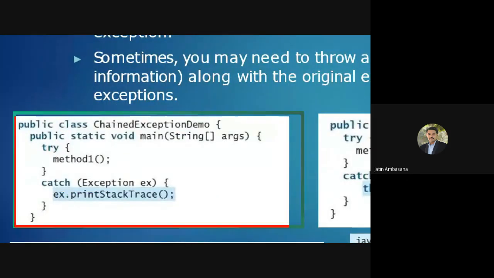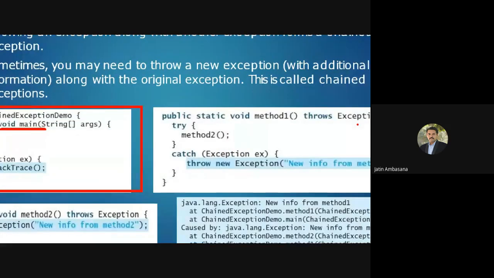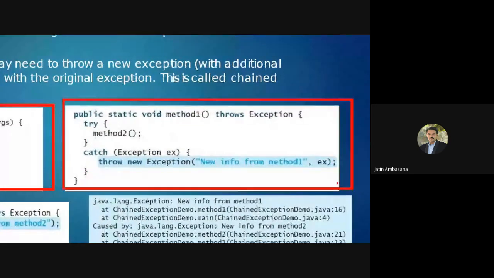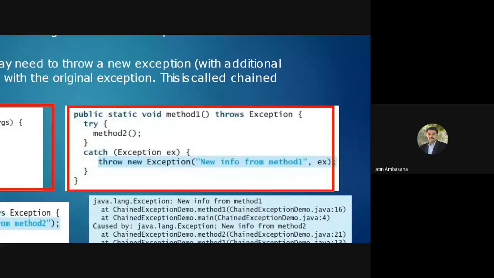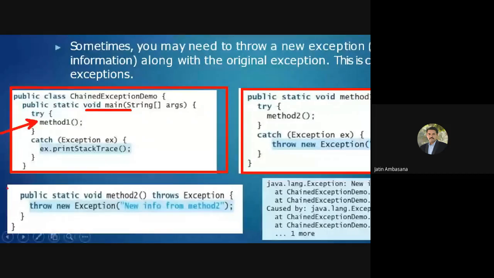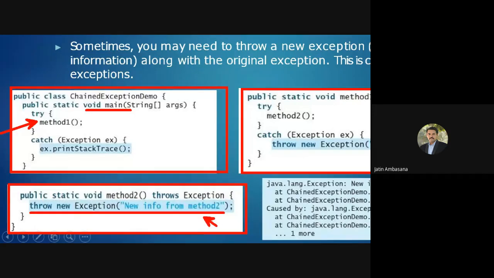This is a chained exception demo, which calls method 1 inside the main method. Okay. Go to method 1, what does method 1 do? It calls method 2. What does that method 2 do? Check this out. If we go to method 2, we are saying throw new exception, new info from method 2.